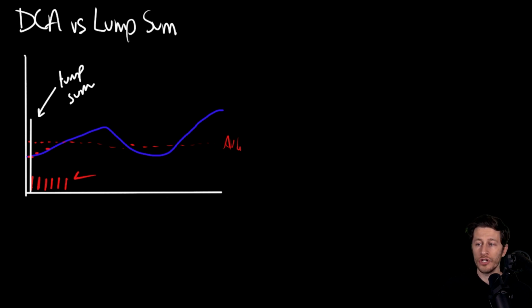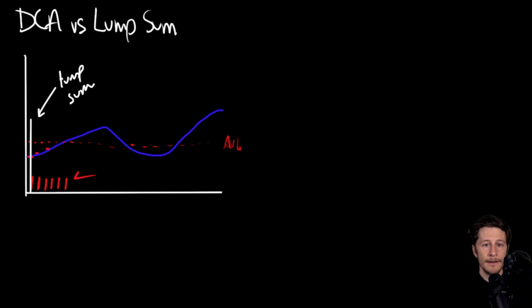The argument for dollar cost averaging would be it mitigates risk. Imagine that today, the day of the lump sum, is the highest day of the market. You invest today and then it goes down for years. You could have had a much lower average entry point if you did the dollar cost averaging. Say you have 10 grand. Instead of putting in the 10 grand today, you do 1,000 today and 1,000 in a month or in 2 months or whatever. And as the stock market goes down, you end up having a lower average point of entry.